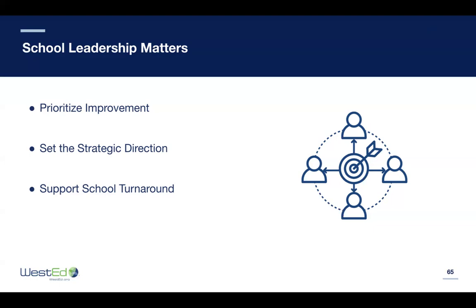Setting a strategic direction for improvement also helps address the unique challenges of rural and hard to staff schools. Teachers in these settings may feel disconnected or unsupported, but by creating clear policies and structures, school leaders can provide the support necessary for teachers to succeed. Additionally, advocating for and fiercely supporting turnaround demonstrates that leaders are committed to making tangible changes for both the school and the community. Effective leadership in hard to staff schools hinges on building strong relationships with staff, as this significantly influences teacher retention. Let's explore how fostering collegial relationships can further support retention in these same challenging environments.